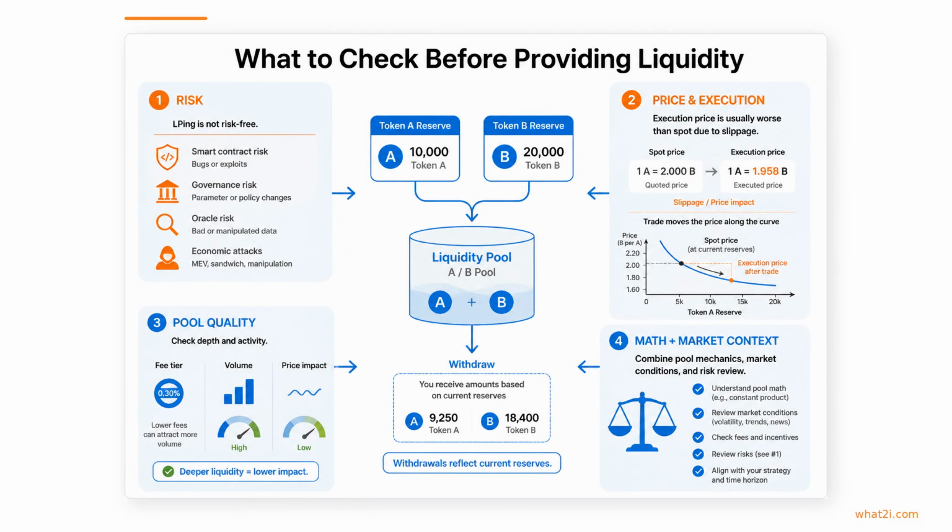Before providing liquidity, check more than the quoted price and headline yield. What matters is your actual execution price, the pool's fee tier, trading volume, and price impact. And remember that when you withdraw, you receive whatever the current reserves contain, not necessarily the same mix you deposited. It also helps to treat LPing as a real risk decision, not a passive one. Smart contract bugs, governance failures, oracle issues, and economic attacks can all affect outcomes. Good LP decisions